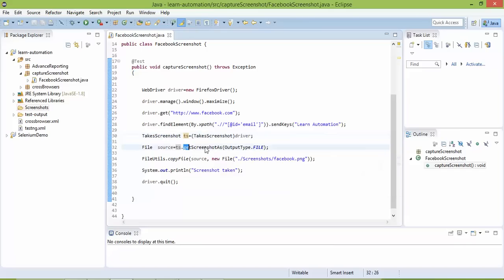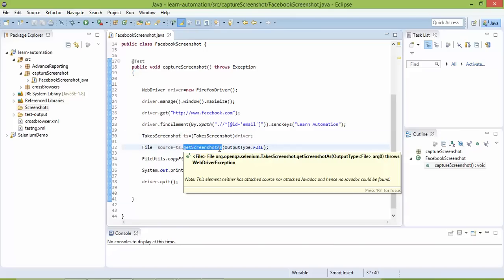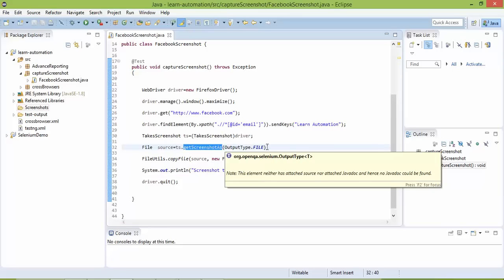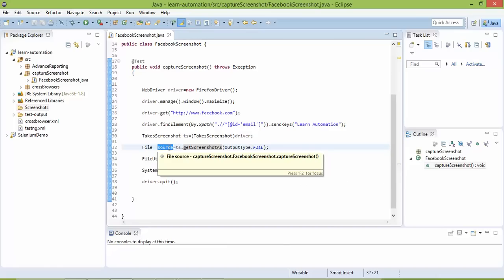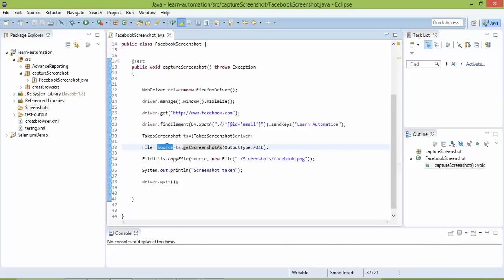Finally, you can call this getScreenshotAs method, which will capture the screenshot and ask you the output type. Generally we use File. Once you specify File, you will get the screenshot in terms of a file. So you have to store it in a variable. Now your screenshot will be somewhere in your memory, or you can say buffer. Then using the FileUtils class, I have copied the file from one location to another location. Since I'm using FileUtils, both parameters should be in file format. This is already in file format, so I have taken the second parameter as a new File. And yes, this is the sysout which we are doing, and finally we'll close this.